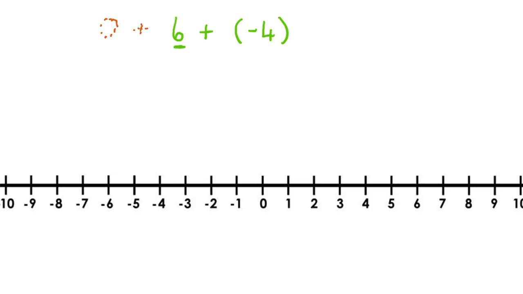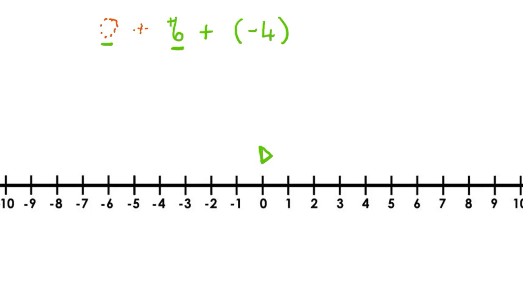So if I add my invisible plus and my invisible 0, it means that I am standing at 0. Right, that is our starting point, 0. Now the next integer is going to give me information about which direction I am facing. Now students, if it is a 6, it means that there is an invisible sign to say that 6 is positive. All right, so I am facing the positive side.